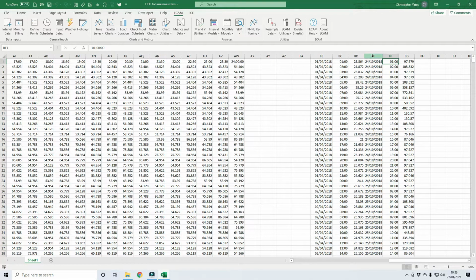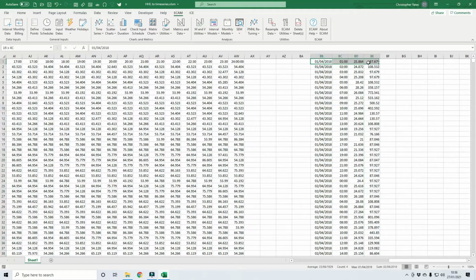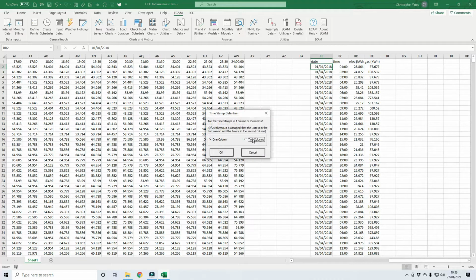Now, what I'm just going to do is delete that off. Okay, insert a column there. So I've got date, time, electrical hours, and gas. Okay, and then I use this ECAM system. This is really good. Interval data or time series data. So I've got a two-column